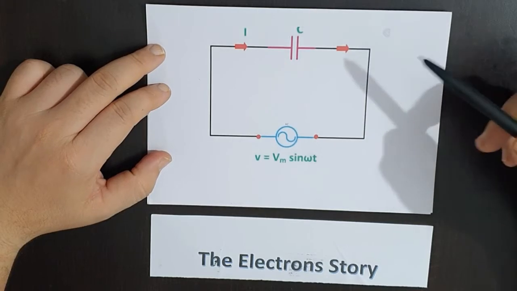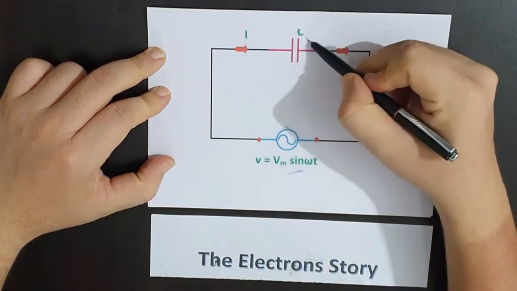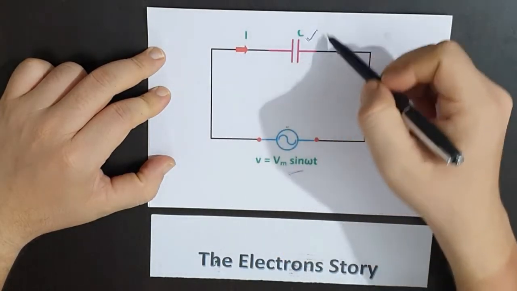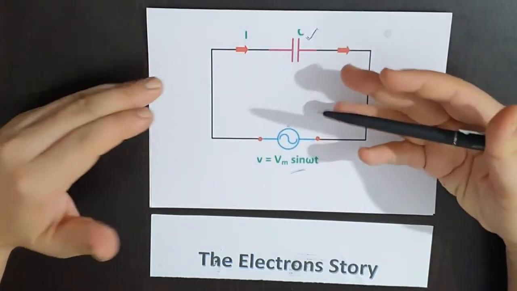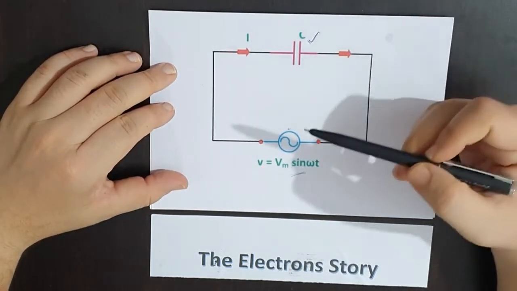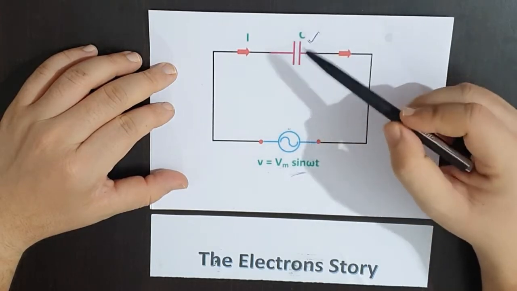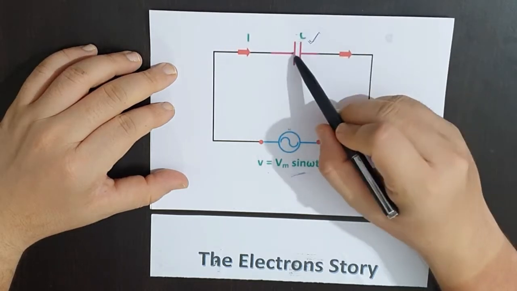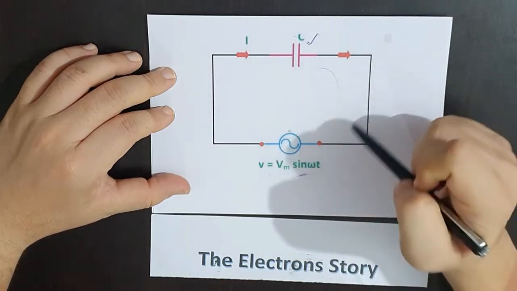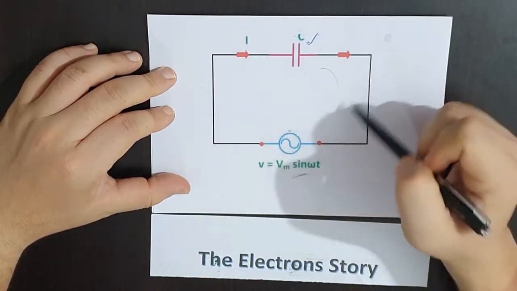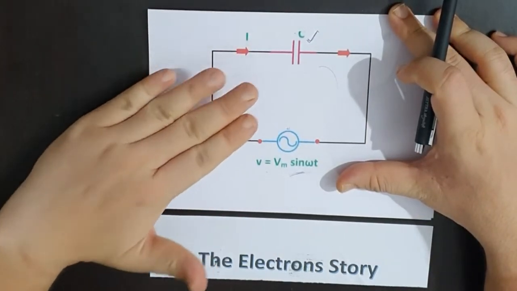Now we'll talk about the capacitive circuit. The same sine wave is applied across a capacitor. Now we have removed the resistor and put a capacitor here. How do the current and voltage behave when we have a capacitor? In my previous lecture I explained that if the voltage is a sine wave, the capacitor doesn't pass current through it, but there is an alternating voltage. It goes like this, comes like this, then goes like this and comes like this. So the capacitor doesn't actually stop the flow. Now how do we understand the current and voltage phase for this capacitive circuit?